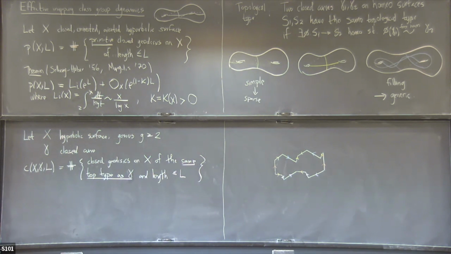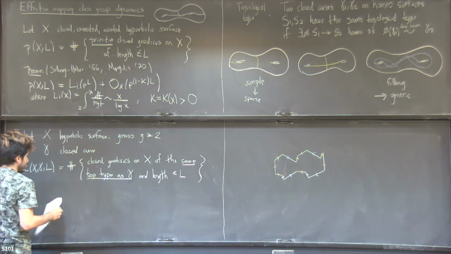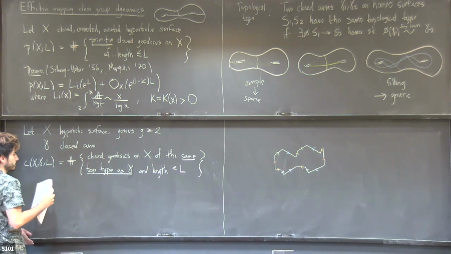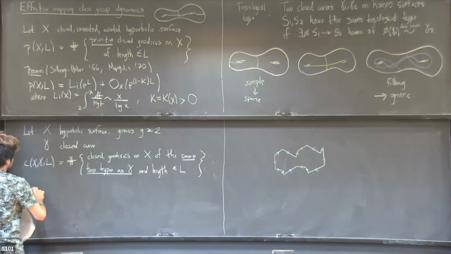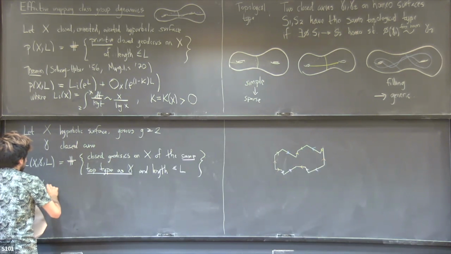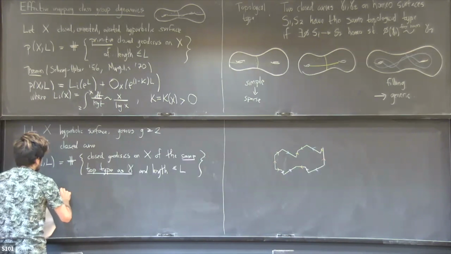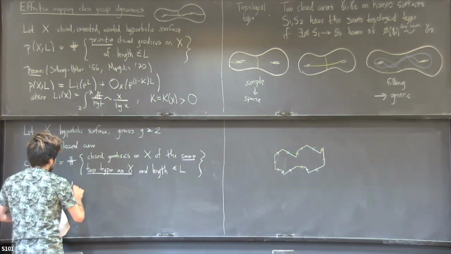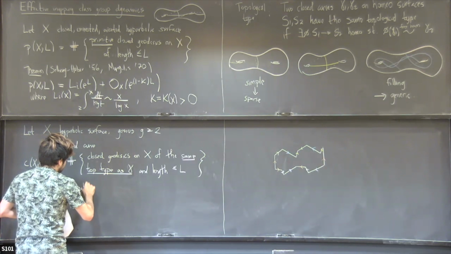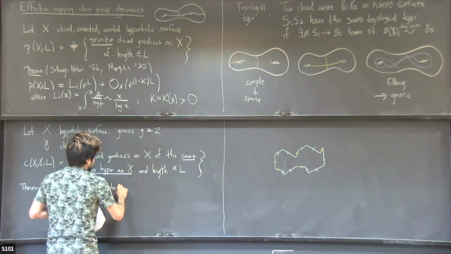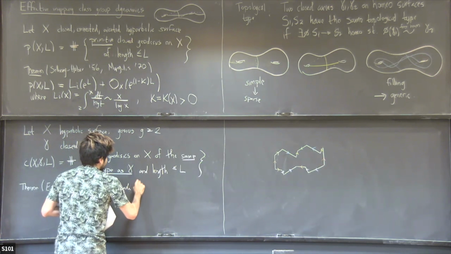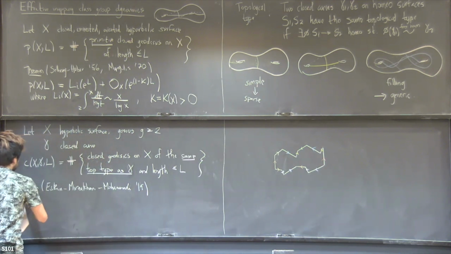And there are many theorems in this direction, starting with Mirzakhani's thesis, but I want to mention one, which is effective, and it's more of the flavor of what I want to discuss. So let me mention a theorem of Eskin, Mirzakhani, and Mohammadi. This is from 2019, and what the theorem says is that if gamma is simple,